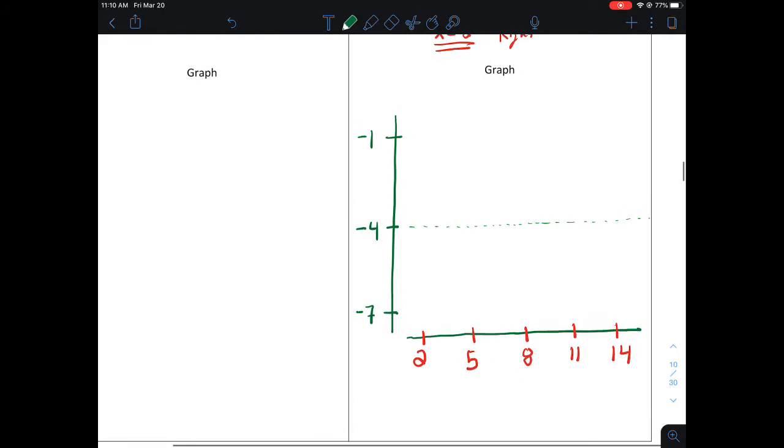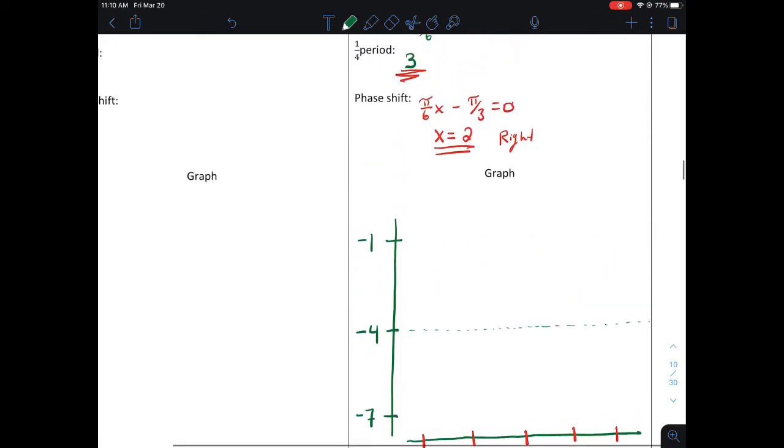Now, cosine starts at a maximum. Now, how do I know cosine starts at a max? Because cosine of 0 is positive 1. Positive 1 is the biggest number along the unit circle. So cosine wants to start at its max. However,